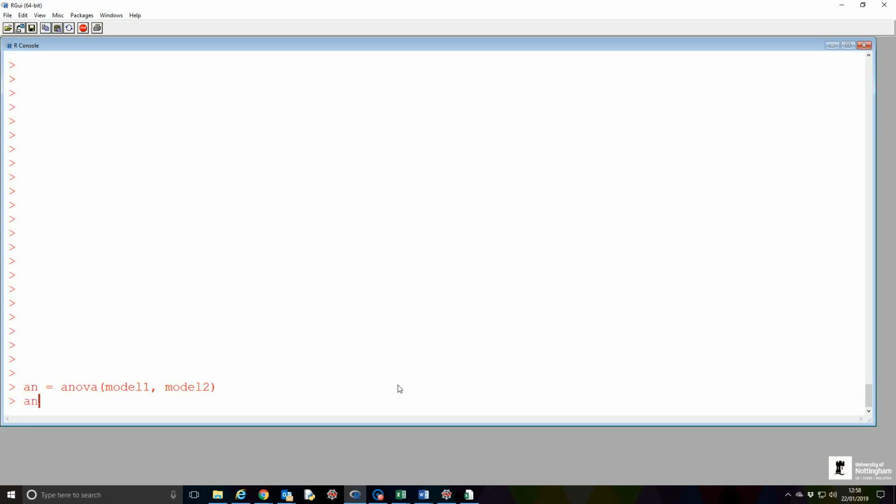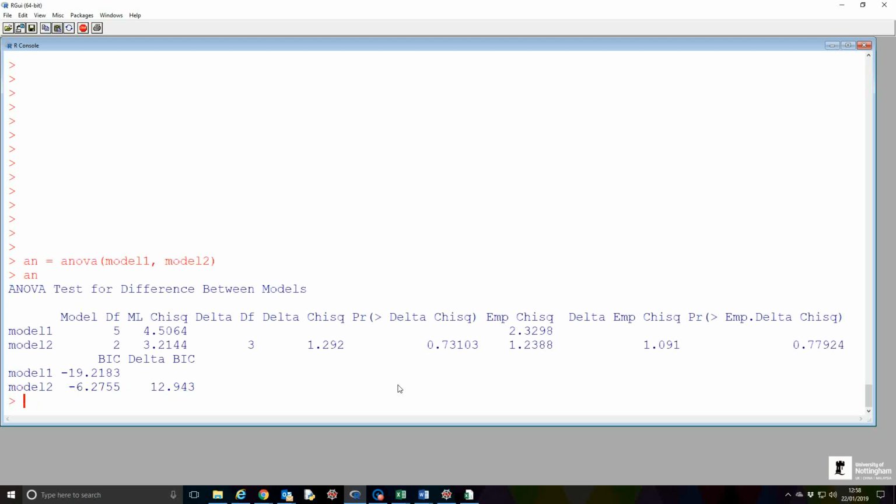And now if we call that object An for Anova, I mean, again you could call this anything, I could call it Tassos if I wanted to. It spits out the results. So do you want to talk us through them? So that's the amazing part. In R you can actually use Anova directly to test for difference between models, and you see that without telling R to do anything, it actually tells us that this Anova test is testing for differences between the two models. And we have our two models, model 1 and model 2, and what we see from the results is